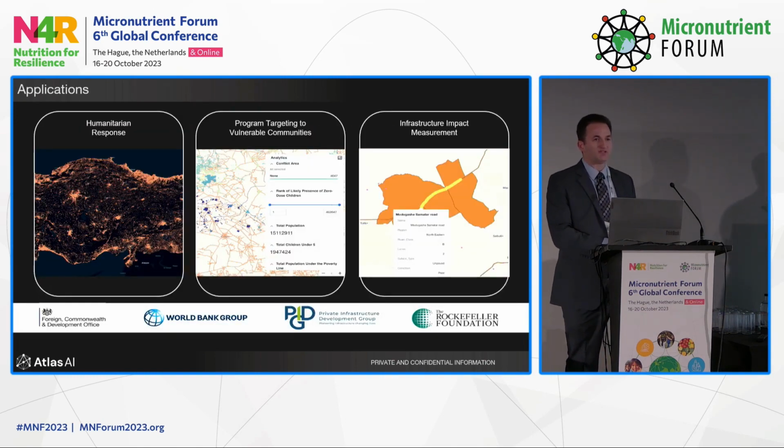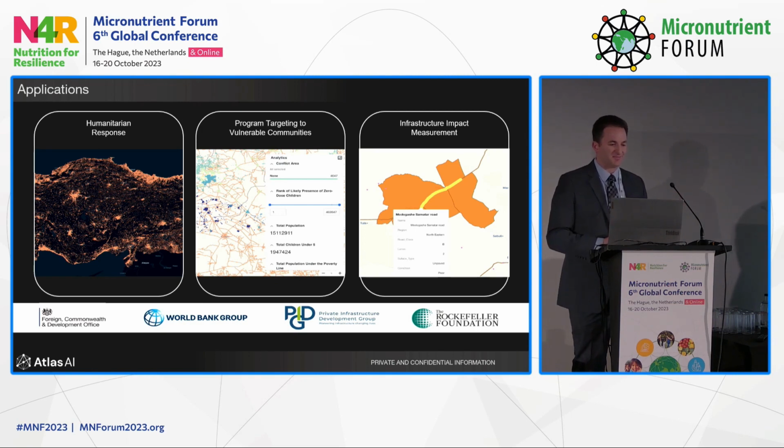So to translate this into 3 specific applications, we have produced this information in support of humanitarian response. So the data within that section is a map of community-level structures across Turkey after the terrible earthquake that hit the country earlier this year. We made this data available on an open humanitarian license for both Turkey and Syria to aid in first response and development priorities in the aftermath.